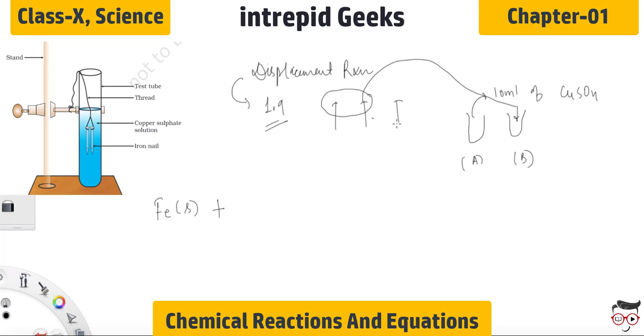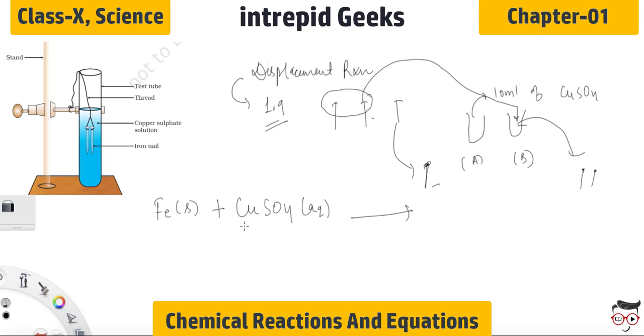And we need to keep one iron nail aside in order to compare the condition of the iron nail present in the test tube and the one which is present outside. After 20 minutes, we need to take out the iron nails. So we are performing a reaction in which iron nails are dipped in copper sulfate solution, which is aqueous in nature. Now when iron nails are dipped in copper sulfate solution, they will make a new substance.